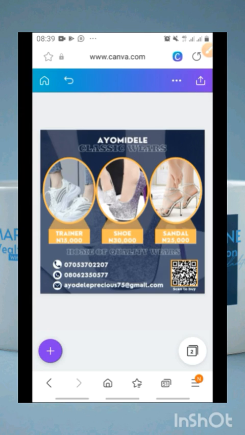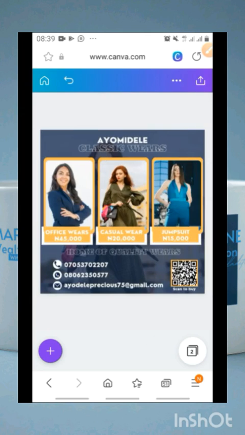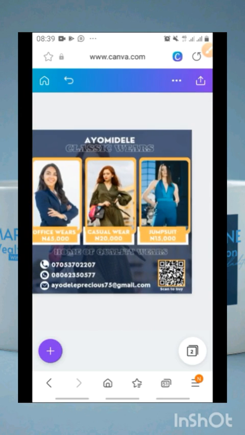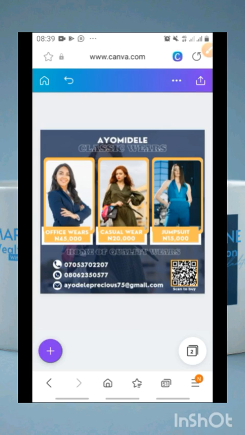Now let me think about which of the two I would like to use for that purpose. I think I'm okay with this over the other one. So the next thing I'll be doing now is to create a copy of it so that I can edit and tweak it to become a product description flyer. So to create a copy of that, I will just click on this